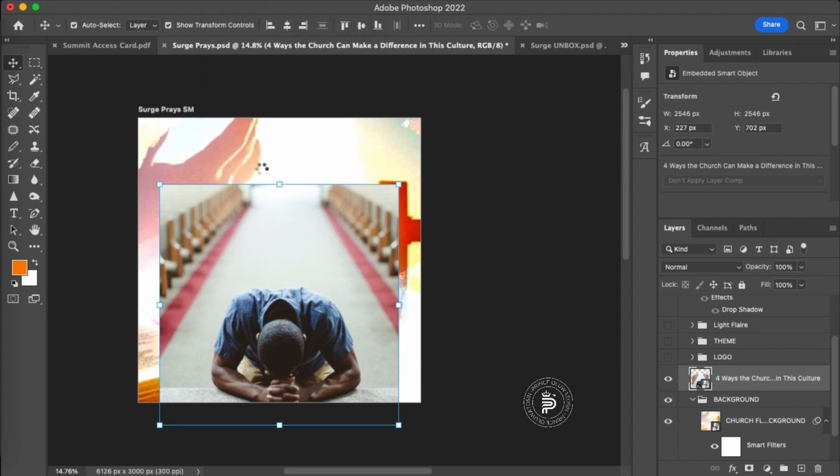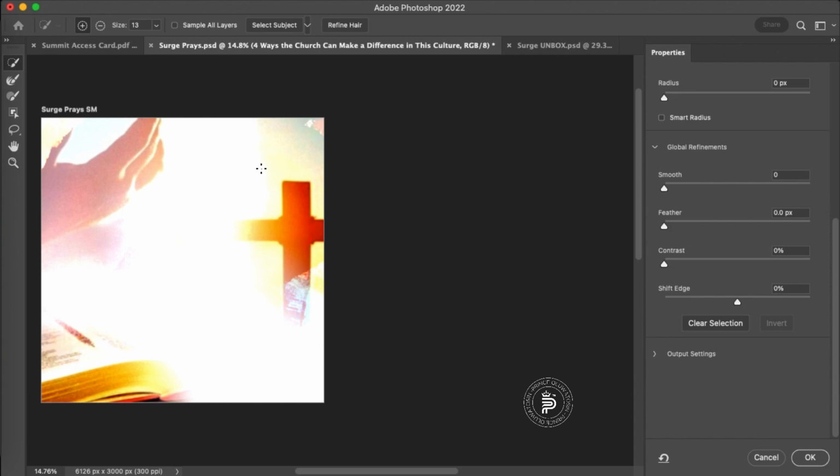There are several ways to go about it. Sometimes you just download remove.bg, and there are other features, right? But this is the feature I made use of. Basically I just select and mask, then I select objects. So you select your objects, and